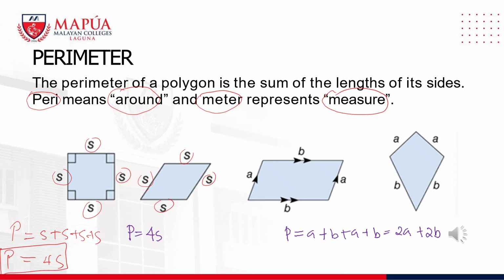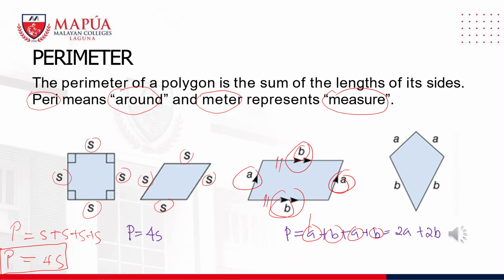Then for this particular polygon, we have this side equal to this side, okay, that is represented by this arrow. And we have another side which is also equal to this side. There are two arrows, telling us that this side is equal to this side. So to calculate the perimeter, we just sum up. We have A for this side, then plus this side B, then plus this other side A, then plus this other side which is B.